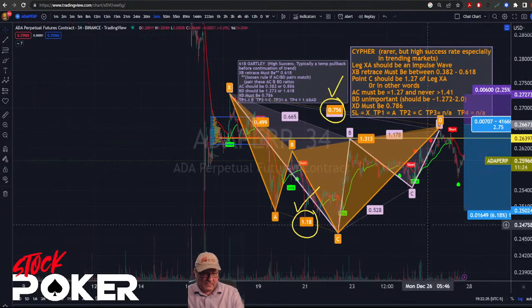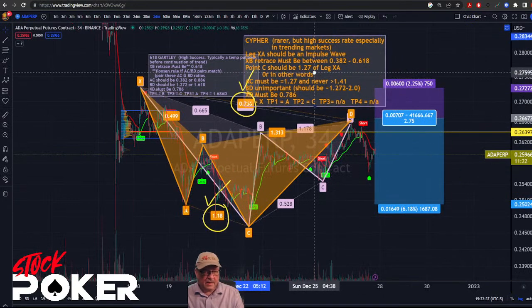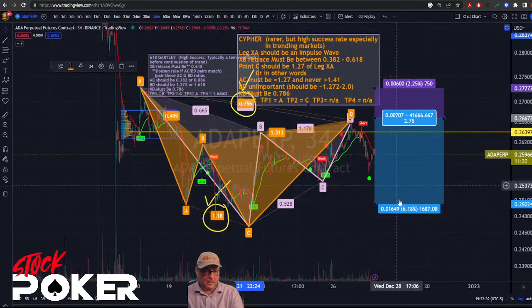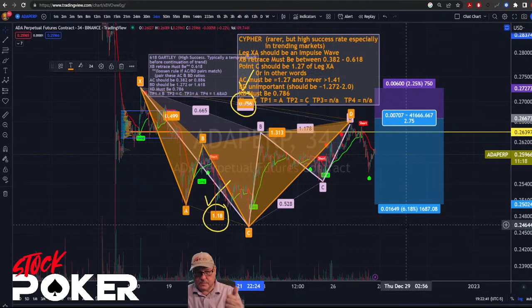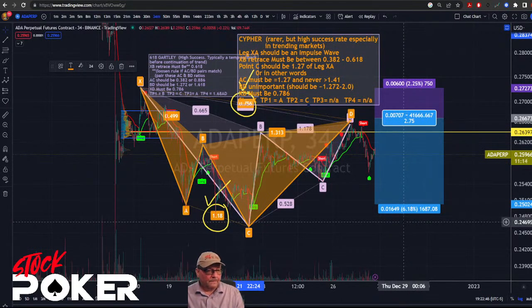So it's one of the easier ones to trade because it usually gives you such a great risk to reward ratio. And then that's the Cypher. And again, just going over one aspect of setting up a trade, the harmonic patterns. Obviously, you don't do these things in a bubble. You need to have them with